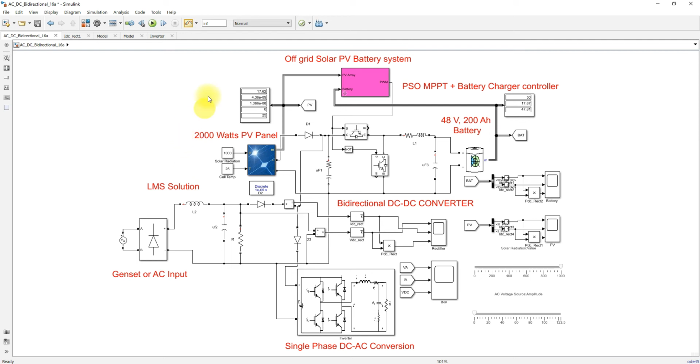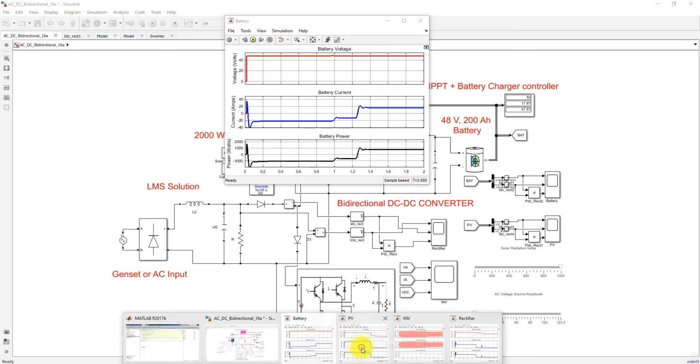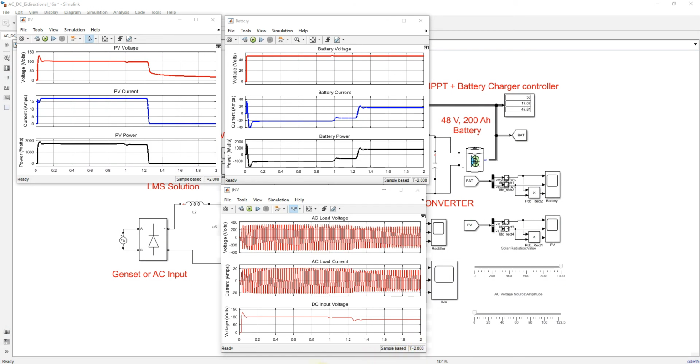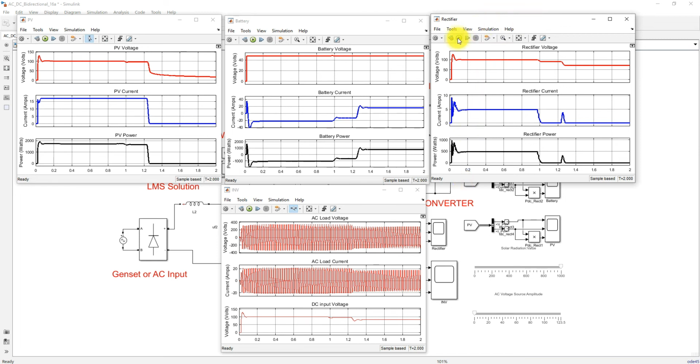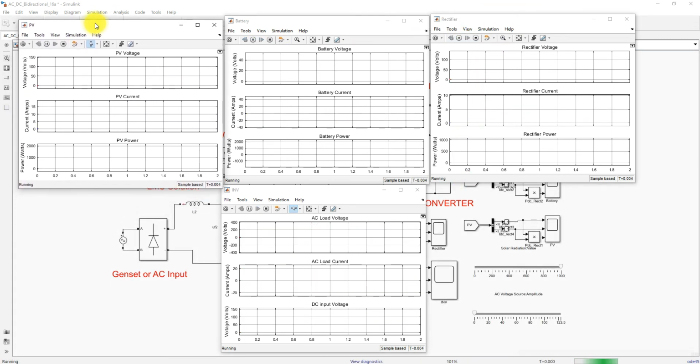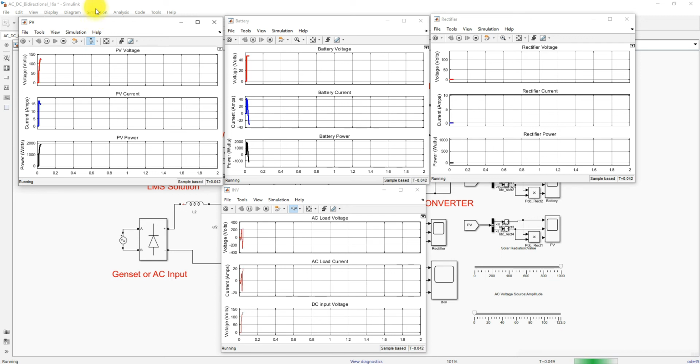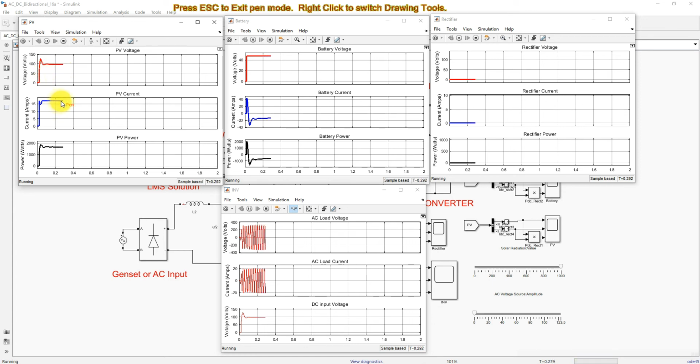First I'm going to explain this system with the solar power mode. If the PV has power, we will see the results. First I'm going to make irradiation equal to 1000. Here you can see that because of high irradiation, the solar is generating power. The voltage of PV is around 100 volts, PV current is around 16 amps, and the PV power is around